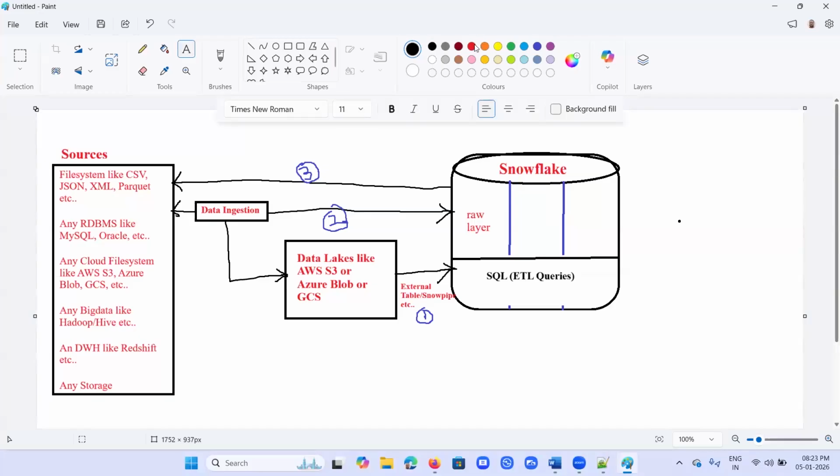Temporarily, we store the results into the stage layer, and later, once we validate the stage layer data,